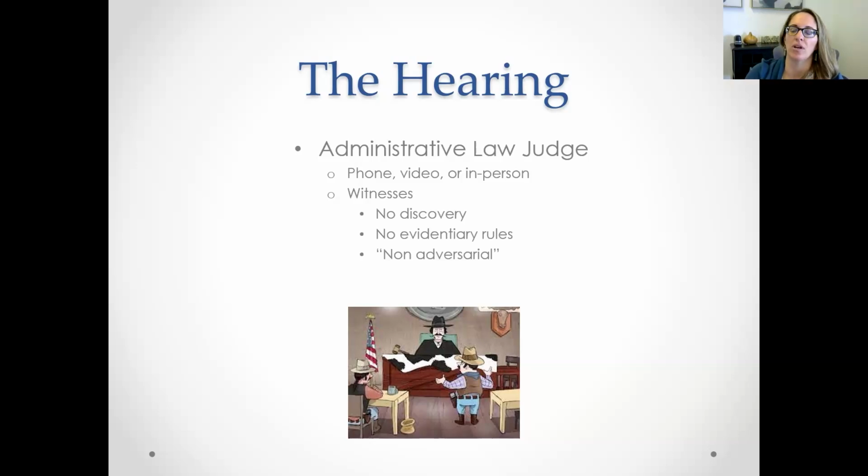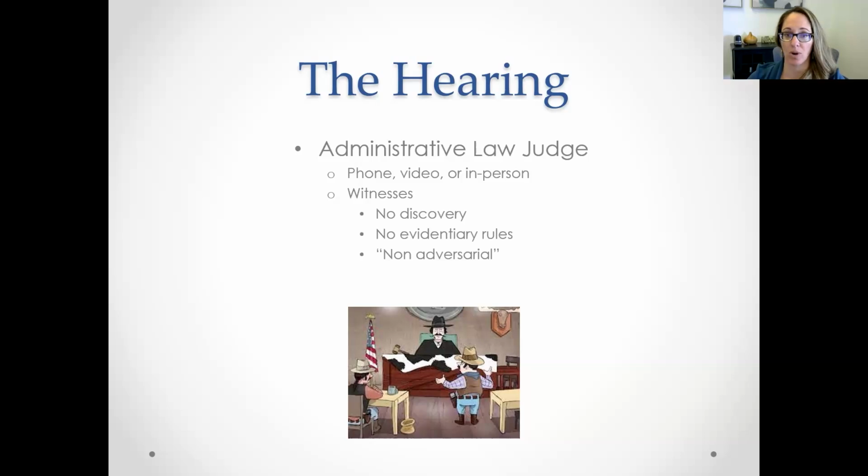At these levels, the hearings are in Tucson. It's in an office building. You go into a private room. The only people in the room are the judge's assistant, who is just there to make sure the technology is working, and you and your attorney, if you have one. There is not an attorney on the other side. These are considered non-adversarial hearings. What that means is you don't have a lawyer from Social Security arguing against you. The judge acts as the neutral arbiter of the hearing, but also somewhat of a protector of benefits. And it's their role to decide whether you meet the criteria to receive disability benefits.